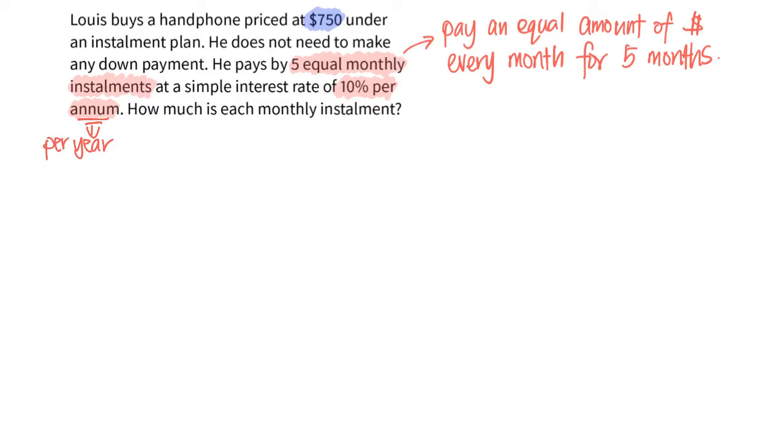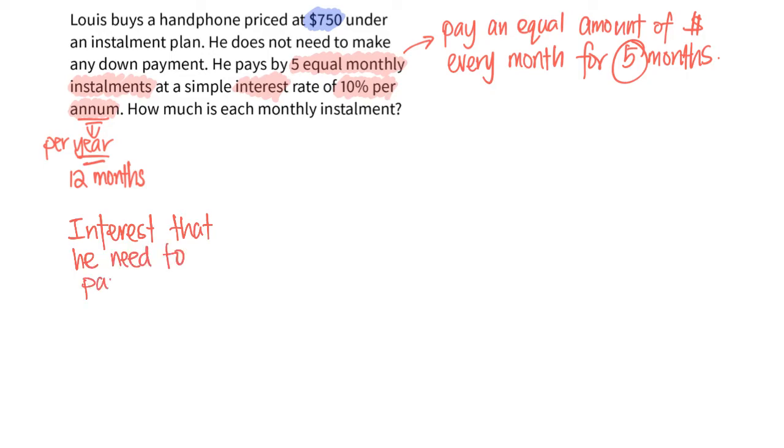Do take note, also, per year means 12 months. But we only need to pay for 5 months. That means the interest that we are going to find, the interest that he needs to pay as well